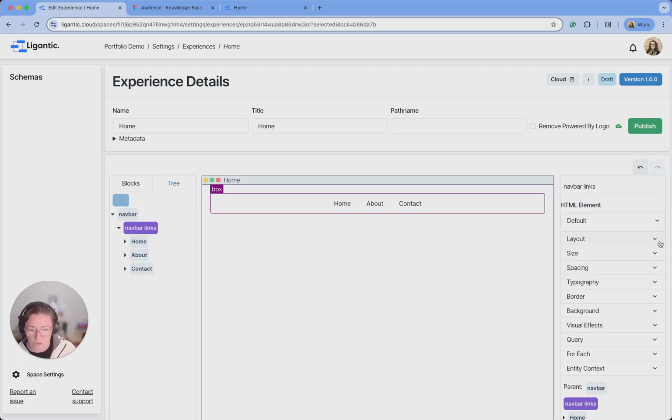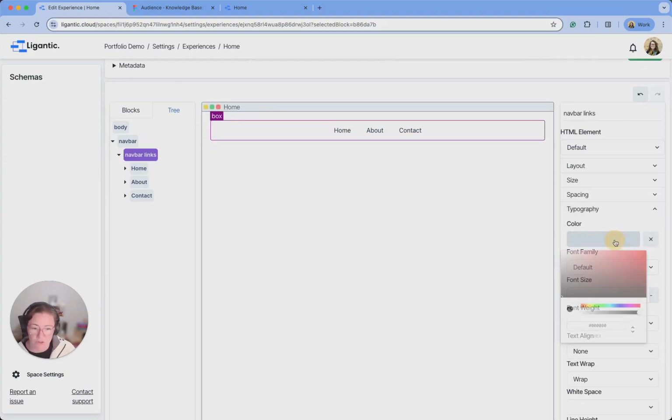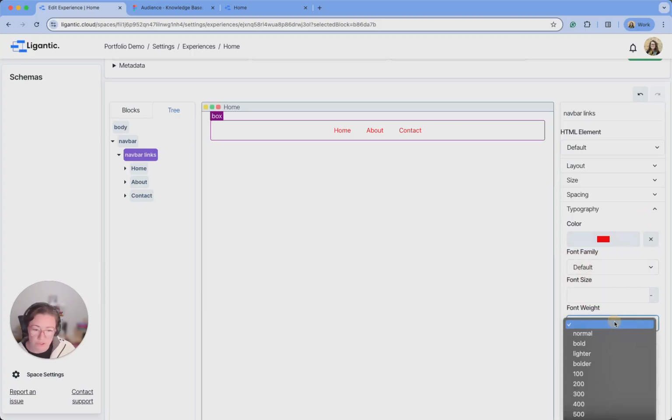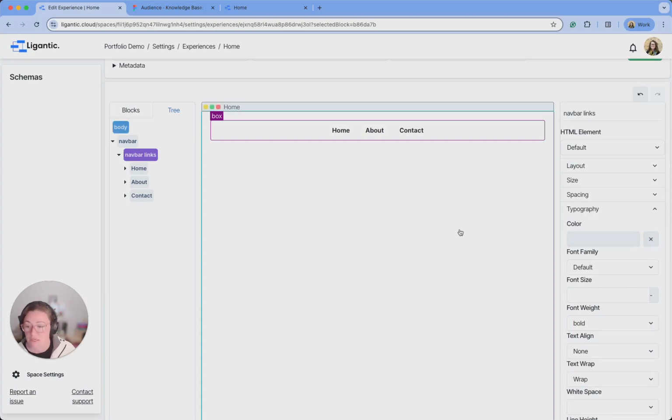You can also, for typography containing elements, change some of the typography in there. You could go in and change the color to red, and it'll apply to all of the containing text elements from this box here. So if we wanted to change all of these to a bold, you could do that from here, and then you wouldn't need to set each of them individually. So I'm going to take that red color off because it was a little bit aggressive, and I'll keep the